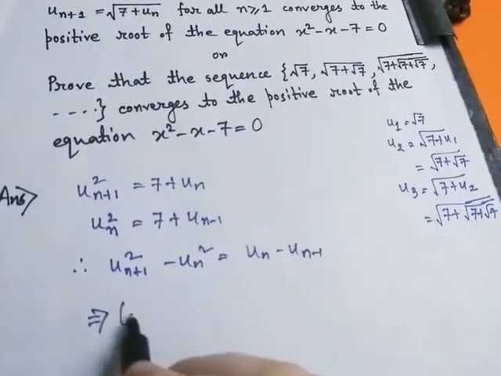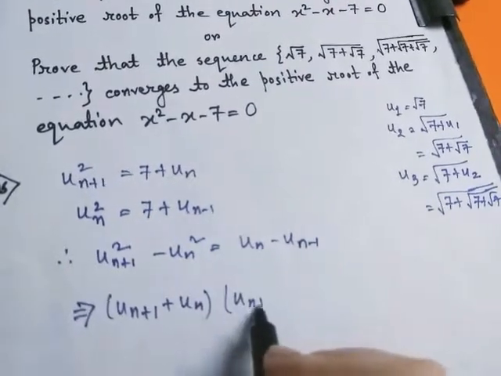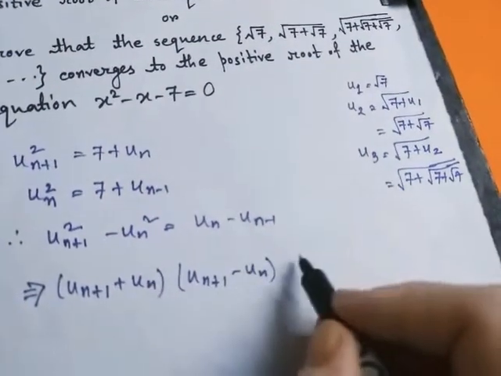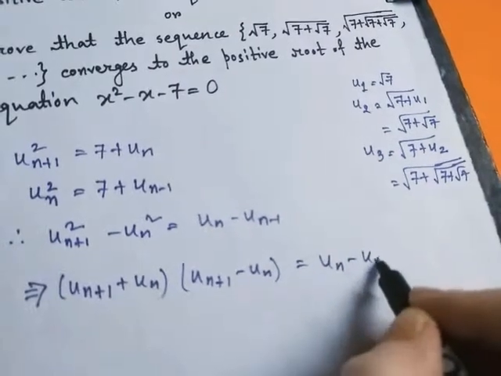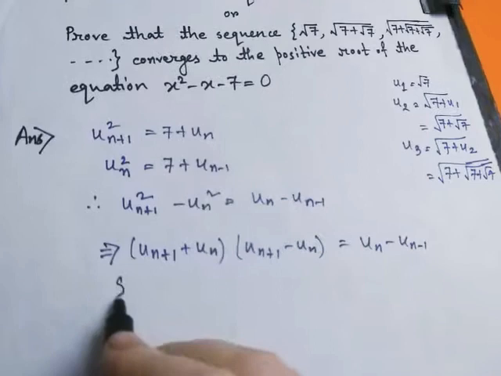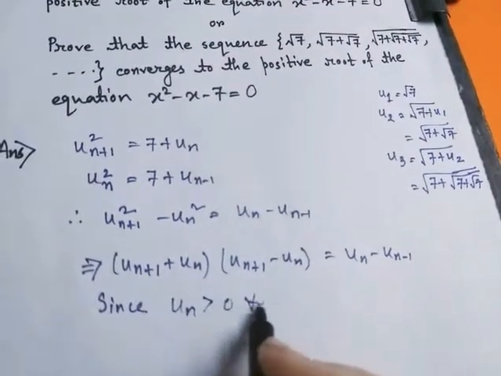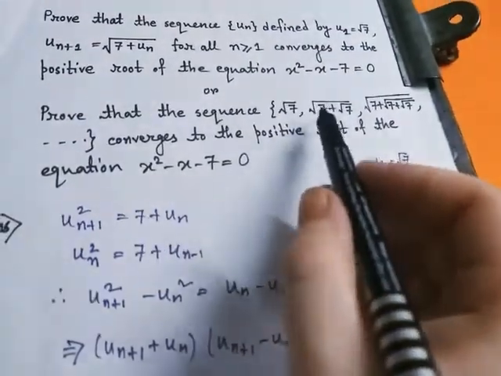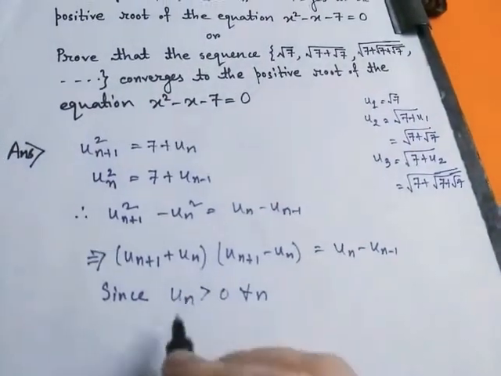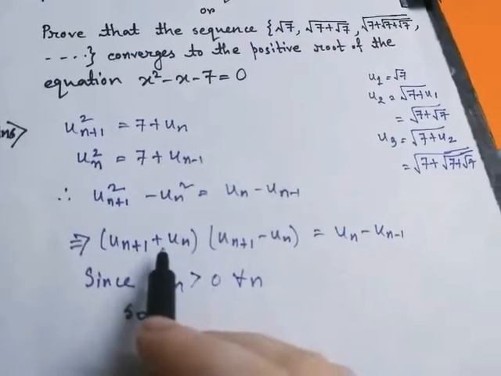And this implies (u_{n+1} + u_n)(u_{n+1} - u_n) = u_n - u_{n-1}. So since u_n > 0 for all n, each term is positive,